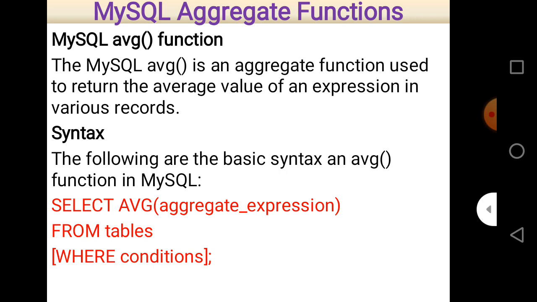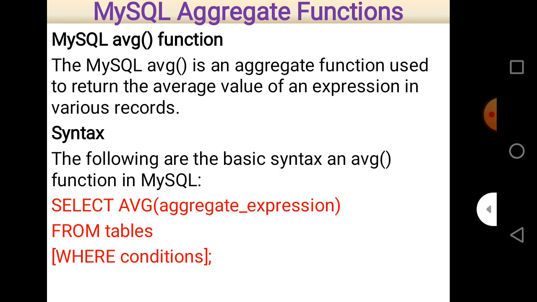So just write select, after that AVG, the name of the average function, and the aggregate expression where you want to find the average value, and then after that the table's name. It may be a single table or different tables. Aggregate functions may belong to different tables, or most of the time to a single table. And at last, the condition.